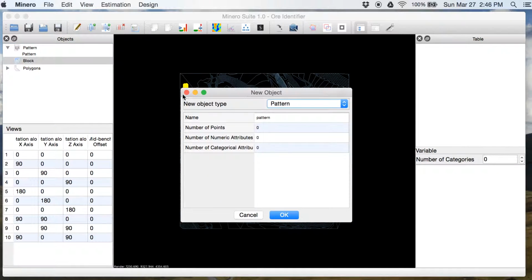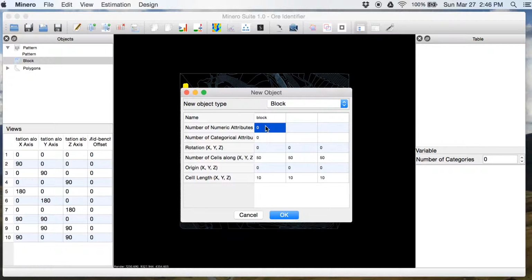Let's create a new block model. Number of attributes 3. The origin is 7605, 9383, 4332.